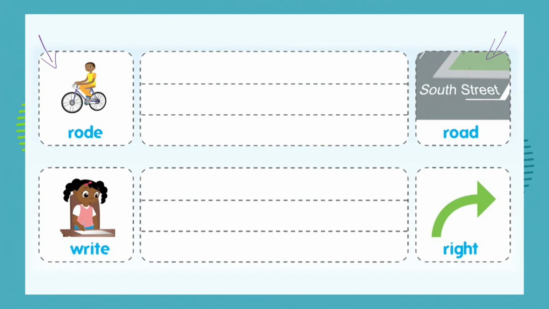So we can say, he rode his bike to school. Right, so can you see? We used that rode. Now we're going to say,